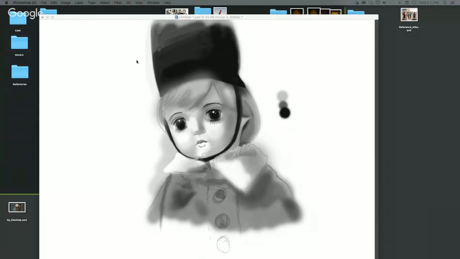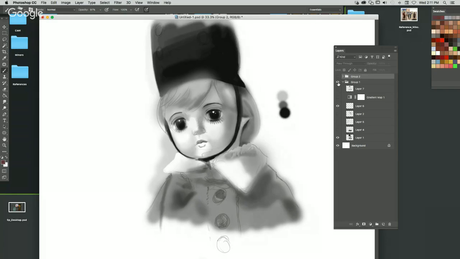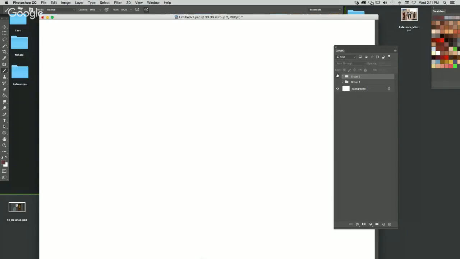Oh God! So, as you can see, this was the start of it. I decided that this is too creepy, so I will not be working with that one today. And then I'm going to start a new file here. Okay, let me adjust the Cintiq though, so it's sitting closer in my lap.